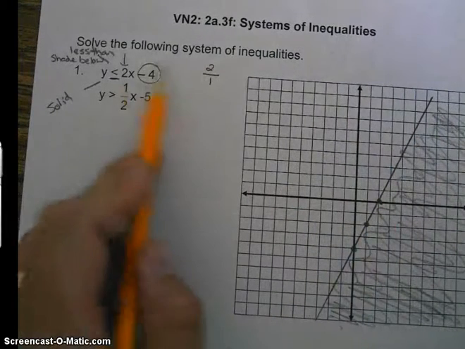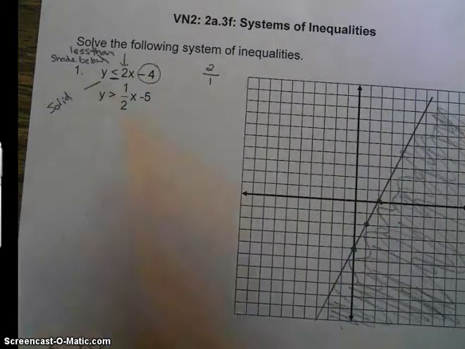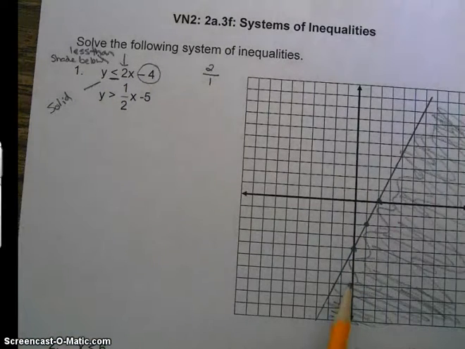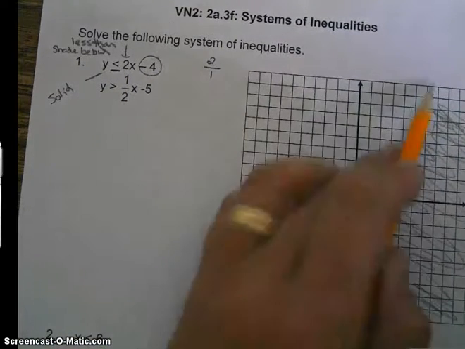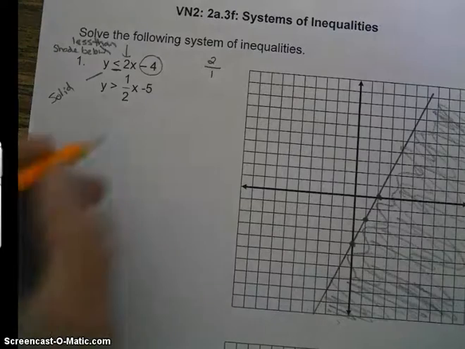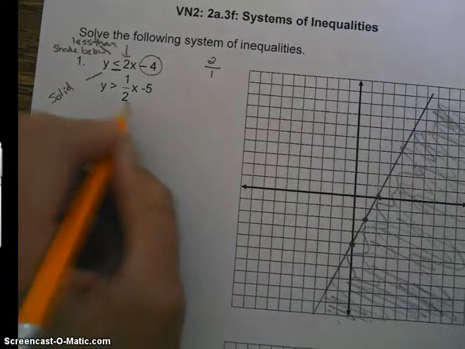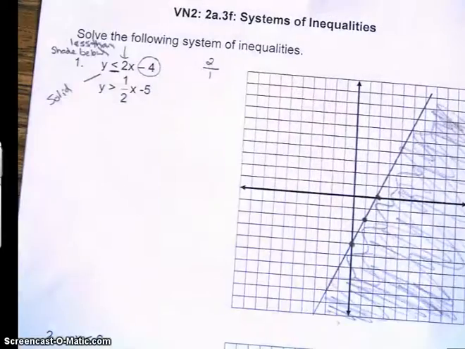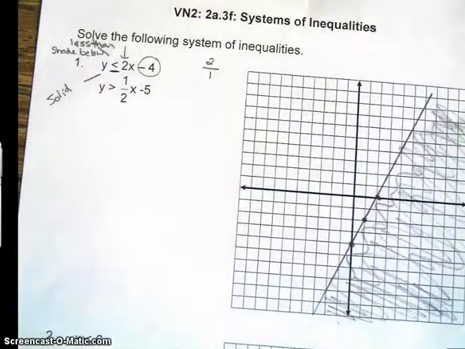So the solutions to this inequality are all the points in the shaded region, including the points on the line. Okay, next one. Now, I'm going to go ahead and get a pen so that we can use a different color, sort of,